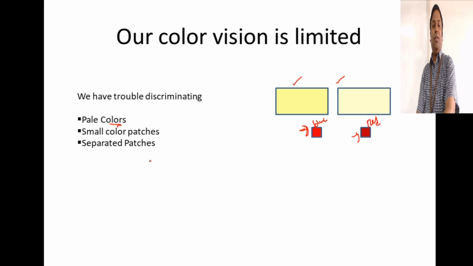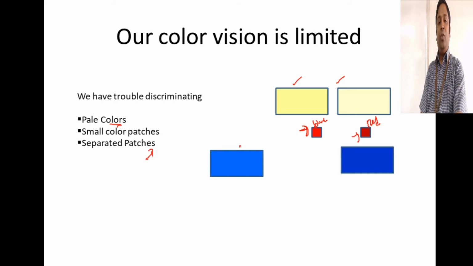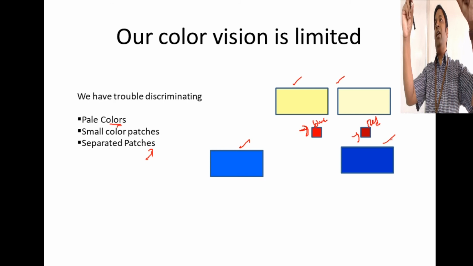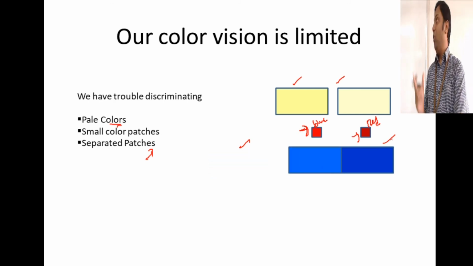Separated patches. This is again there. Say, when you take a look at this, these two patches, they are totally separate. Are they the same color? When the colors are separated and they are similar, you may think they are the same color, but then when they come together, they are totally two different colors. The advice is, if you are going to segregate information or make them do certain tasks using the color, don't use similar pale colors because they find it very difficult. People with eyesight issues, they cannot do that.